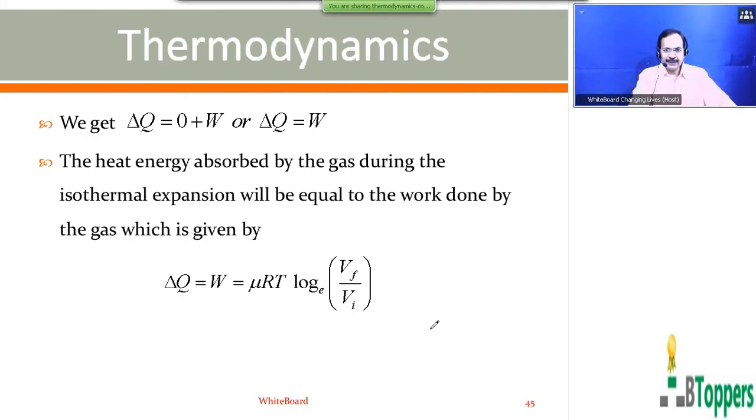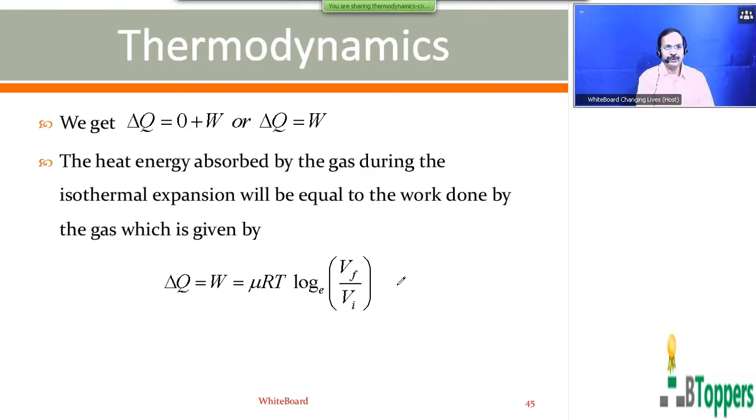But of course, here I have directly given the formula or equation for calculation of work done by the gas in the isothermal process. I will show you the working in the next slide. The working will be required for the board exams. In case you are asked to derive the expression for work done by the gas in the isothermal process, you have to write the derivation in the board exam. But first, you are expected to remember this result, which can be directly used while solving numerical problems for calculation of work done by the gas in the isothermal process. So those who are writing the notes, please take a pause and finish writing the notes up to here.